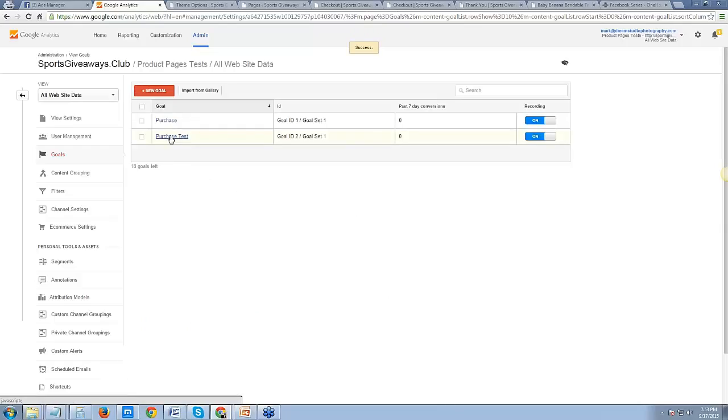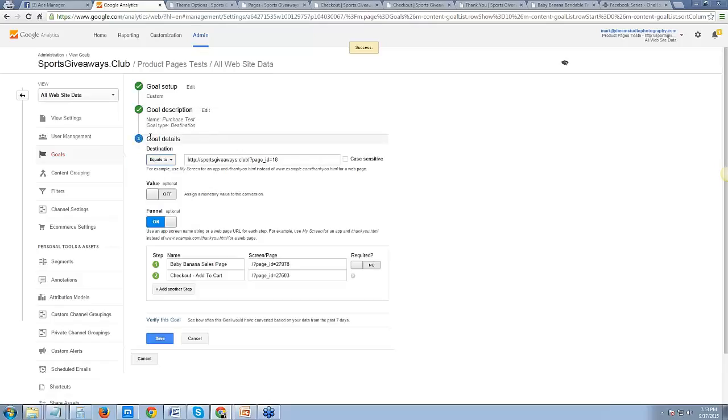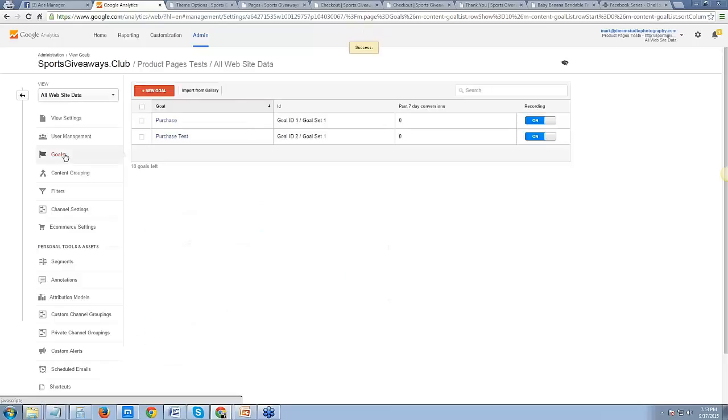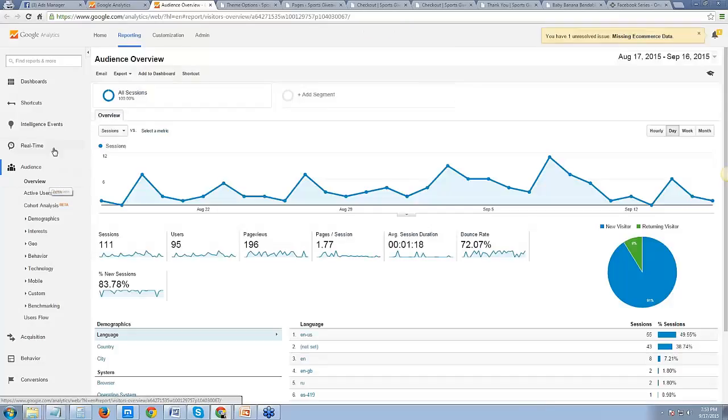This little funnel basically says the following. If we click on that and then click edit on the goal details, in order to get to this destination, we're telling Google Goals to track all the people who come here, and then all the people who come here, and then of course for them to check out, they'll eventually end up on the thank you page. So you're building this funnel so you can go back to your Google Goals inside your reports, for example. If we go to the reporting, now this is new, it's not going to show anything, but if we go to reports,